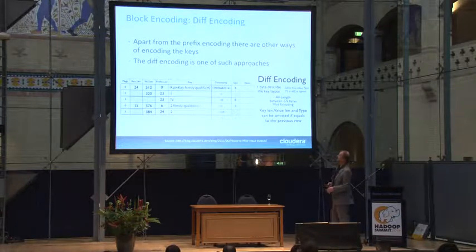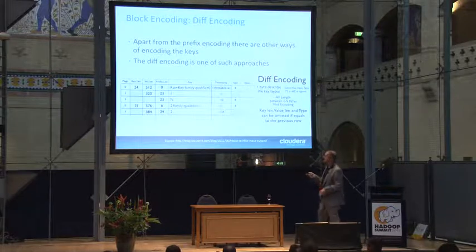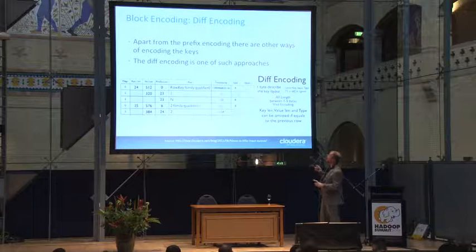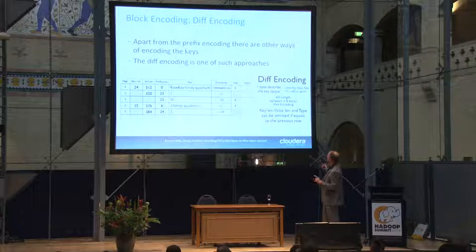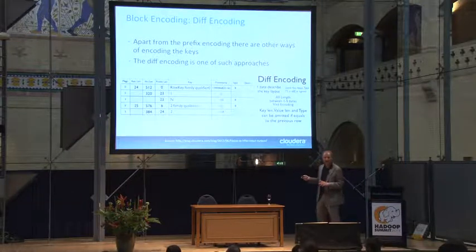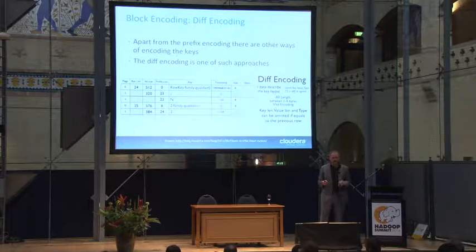Then there's another one, the diff encoding, which goes even further, which encodes not just the key, but also the differences, for example, in timestamp. So you have the origin timestamp, and then you reduce this, and they use variable length ints to bring this even further down. So these ones will be just 1 byte or 2 bytes or so to be stored.